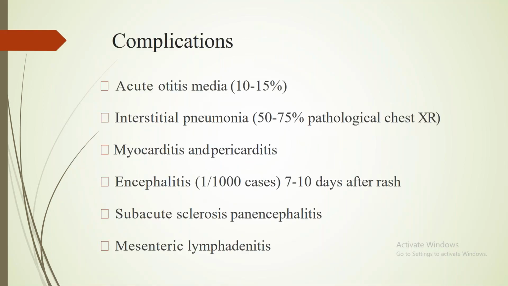Complications. Measles leads to an immunocompromised state, so the child might be prone to more infections, most commonly secondary bacterial infections. It can lead to acute otitis media, pneumonias, myocardial involvement, and even meningoencephalitis. So not only is identifying the disease important, counseling the parents about the possible complications is also necessary. If you have heard of subacute sclerosing panencephalitis, it is a later manifestation of measles because of the reaction to the measles antigen which might persist.